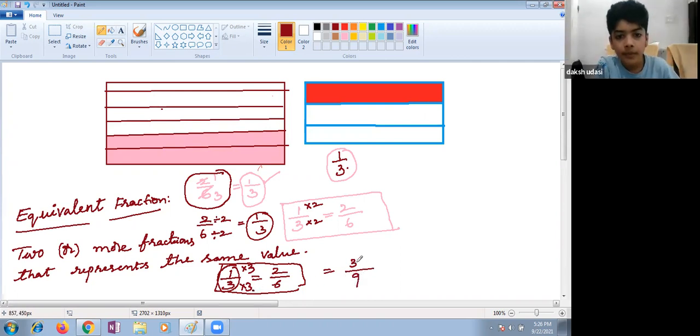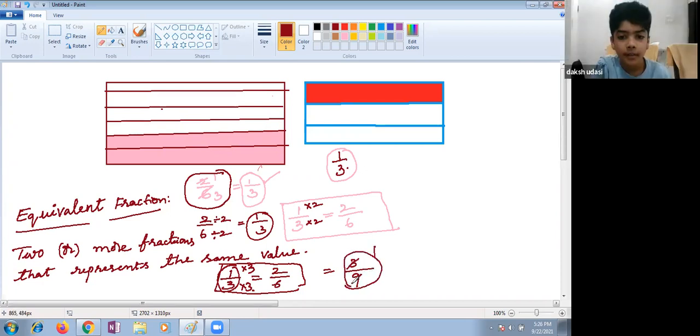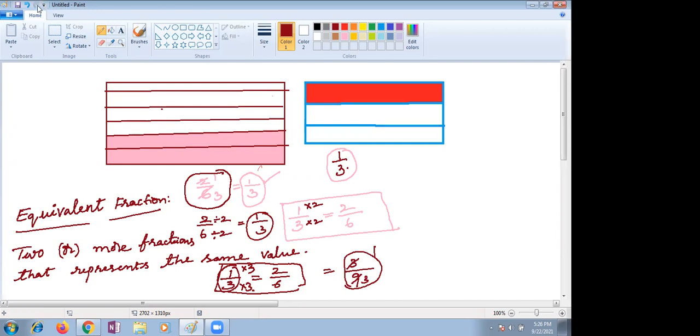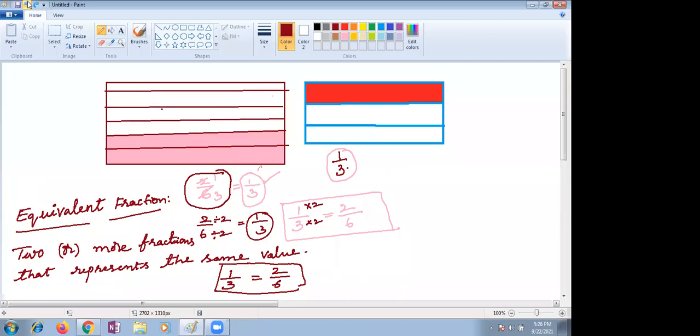If you reduce also, what happens, children? Which table can you reduce with here? 3 table. If you reduce also, you will get the same answer. That's why, how will you get equivalent fractions? By multiplying or dividing numerator and denominator with the same number, we call them equivalent fractions. Definitely some of the 1 mark bits will test equivalent fractions, children.